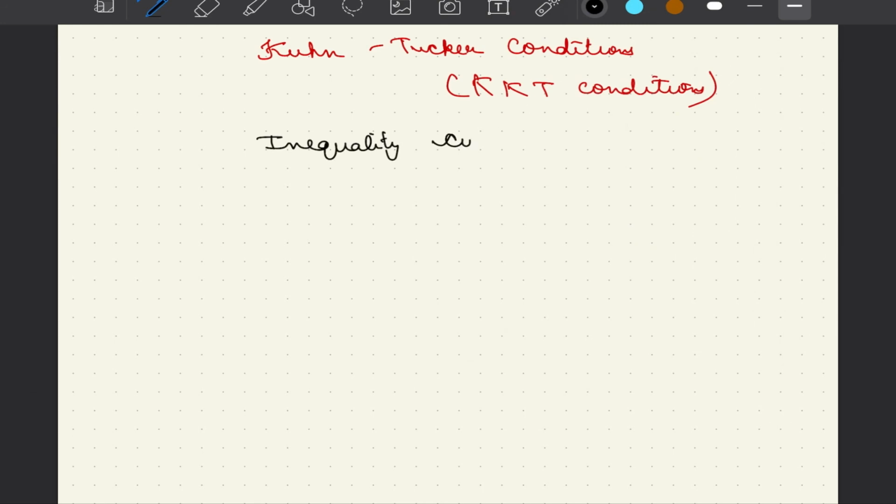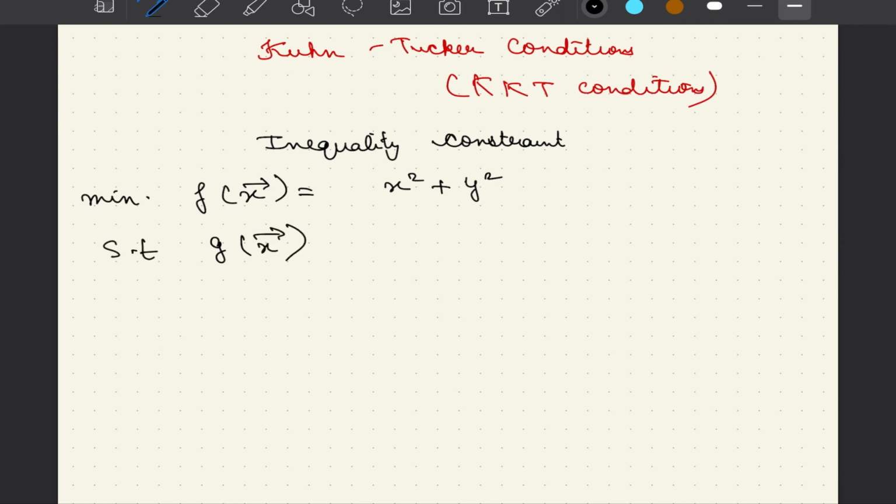And what is this inequality constraint? Let us try to look at this with the help of an example. Let us say our function now is x square plus y square that we try to minimize. Also, we have another function, our constraint function, that f(x) is subjected to the constraint that g(x) should always be less than or equal to